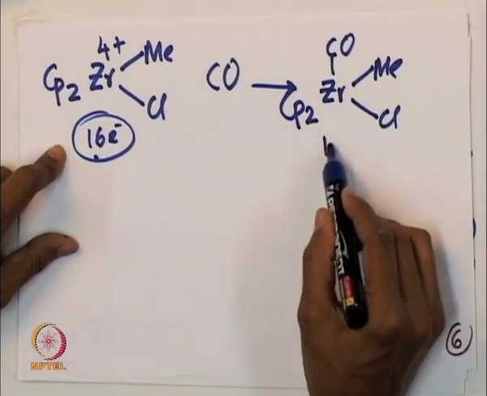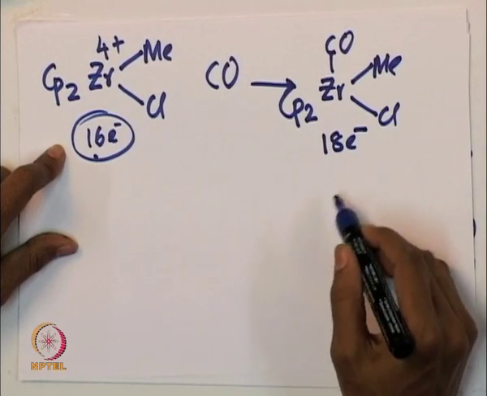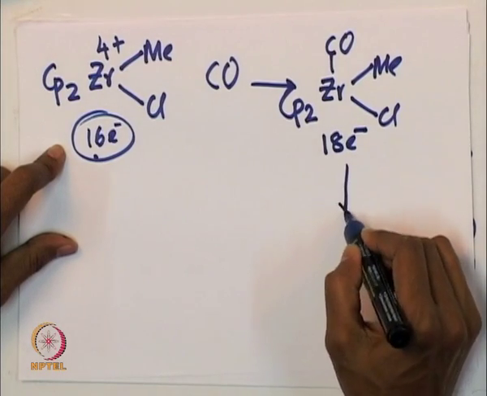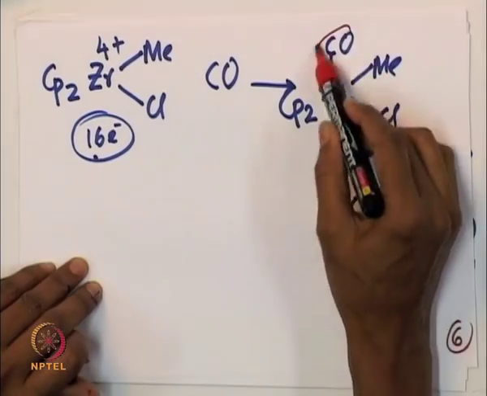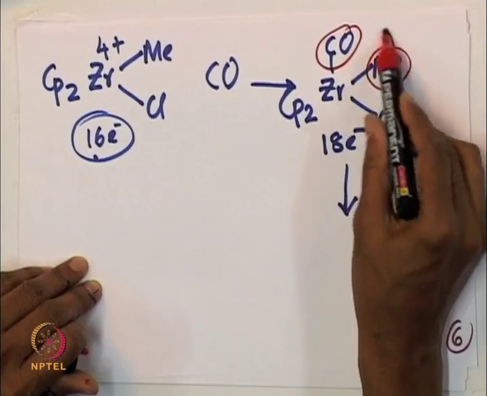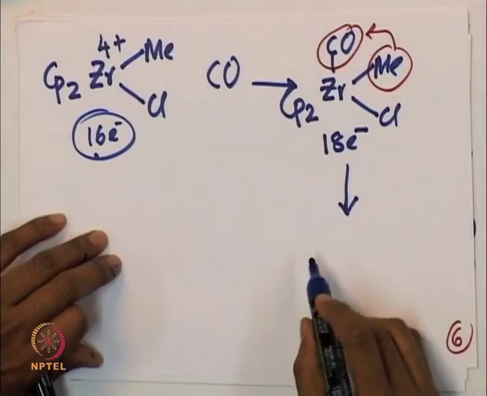So, 16 electron species goes to 18 electron species very well, and then from this 18 electron species, as you have perhaps sensed by now, there is a CO, there is a Me. Now, migratory insertion will occur to give you